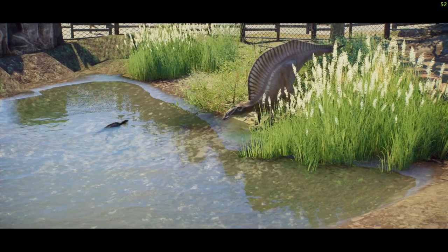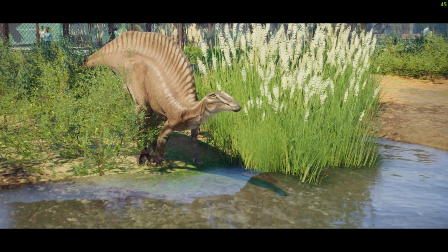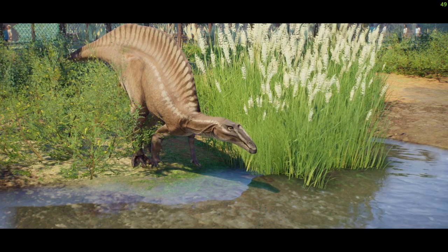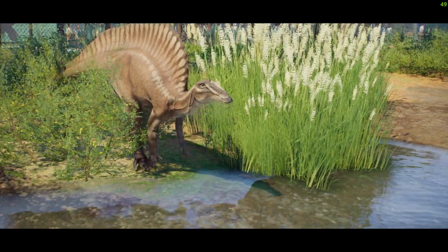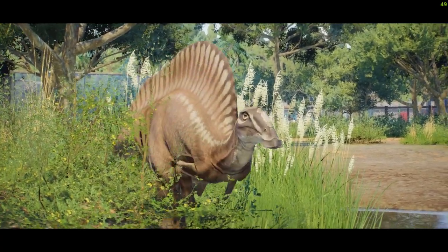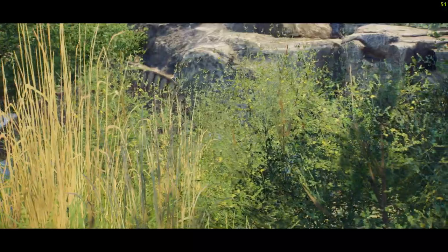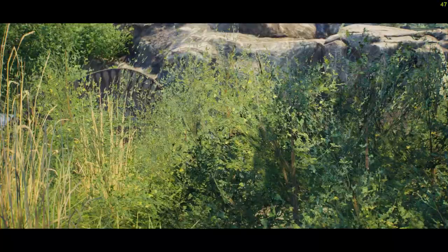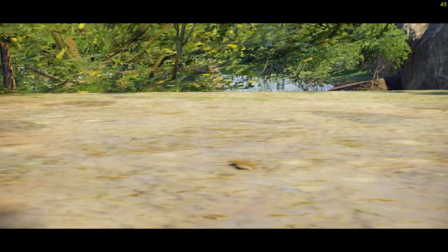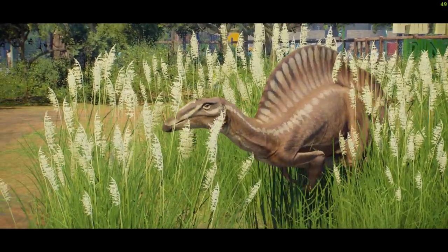I'm going to start focusing on the adults who were cooperating by deciding to get their water while I was recording. I think that's the female. Not a lot of distinction in this skin for Ouranosaurus. It's not one that I normally use, mostly for color reasons. I've been leaning toward the very elaborately patterned one that occurs in...